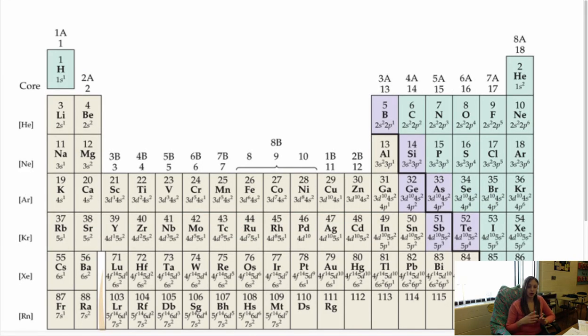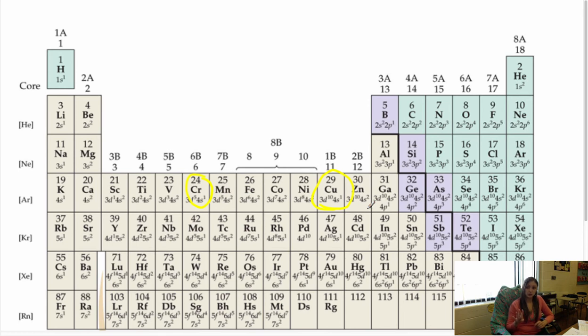Lastly, there are a couple that I want to point out that are actual exceptions. There are more than a couple of exceptions, but these are the main ones. If you look at chromium here, it says 3d5 4s1, and if you look at copper, it's 3d10 4s1. That has to do with half full levels and almost full levels, or full shells. Chromium should actually be